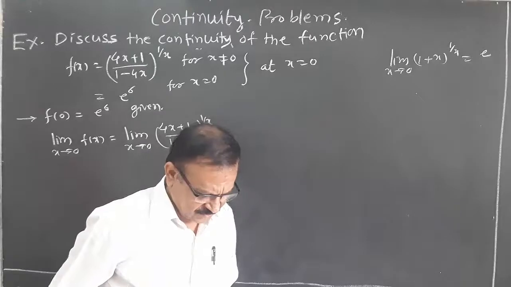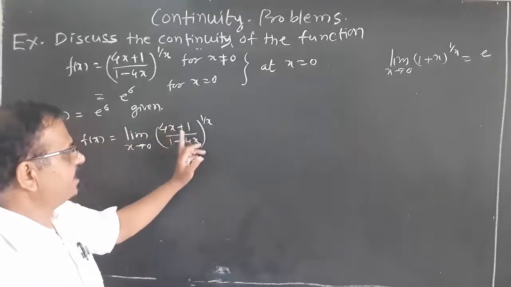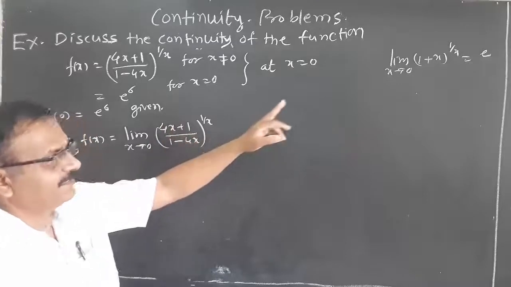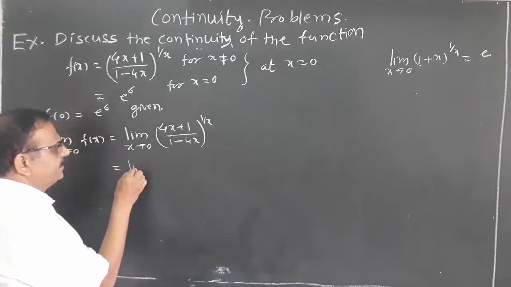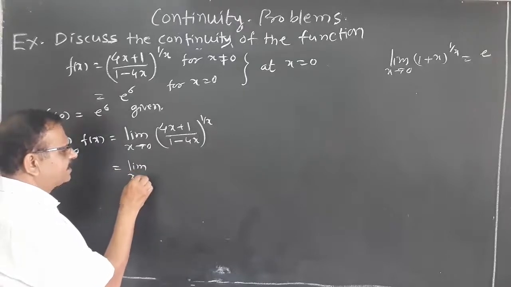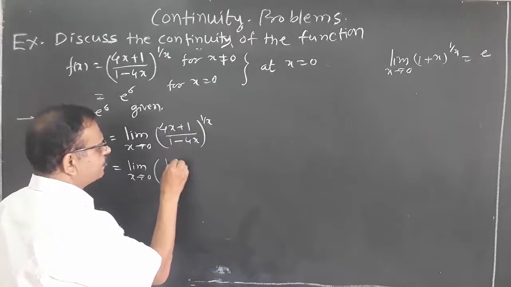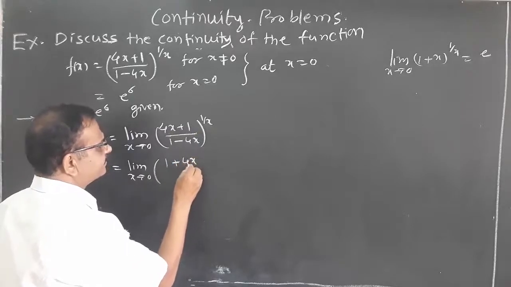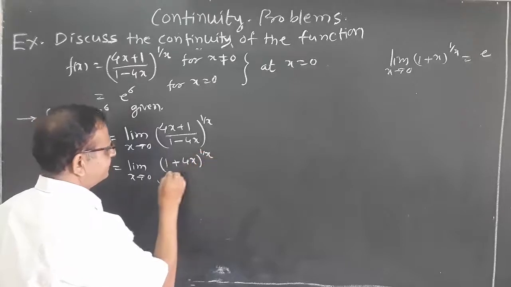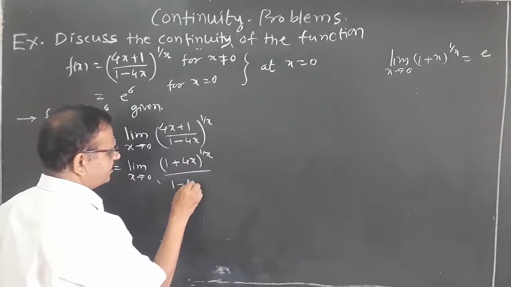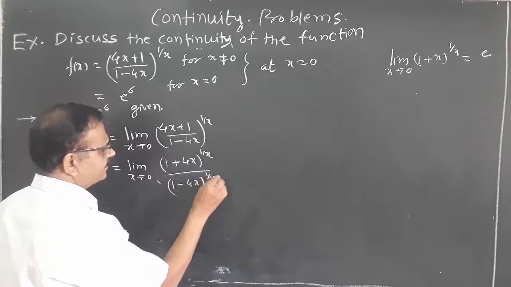1 plus x raised to 1 by x equal to e. Now we shall try to arrange this term in that form. This can be written as limit x tends to 0 of 4x plus 1 can be written as 1 plus 4x